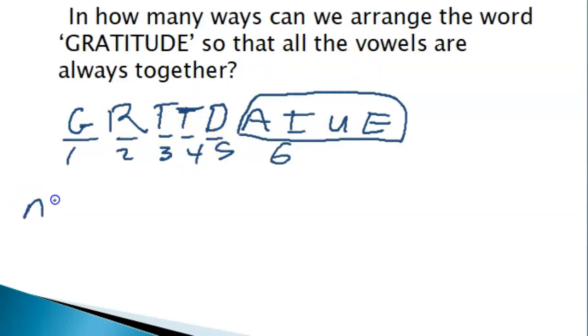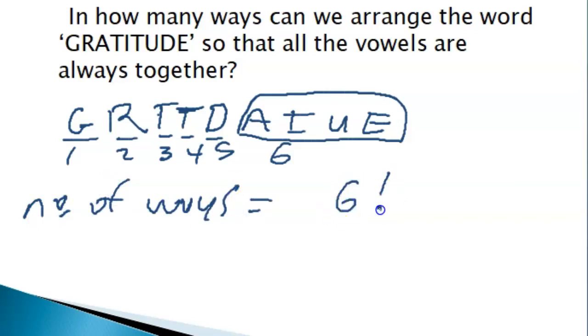So the number of ways will be equal to 6 characters. But within the 6 characters, notice the T appeared twice. So we have to divide by 2 factorial, because of the 6 characters, one of them is appearing twice. That's the T. Times also,